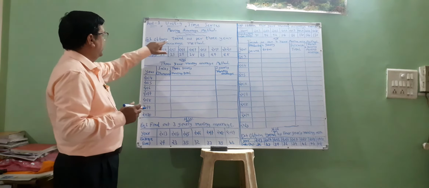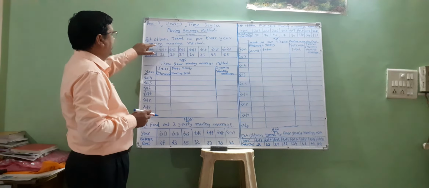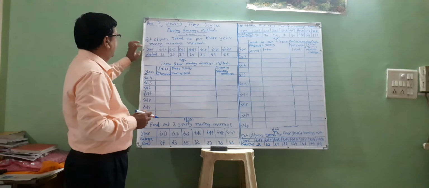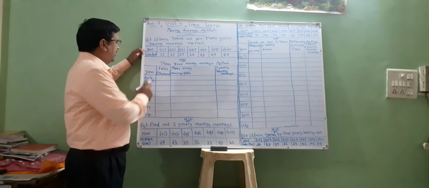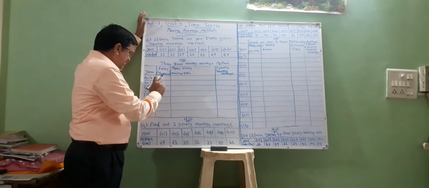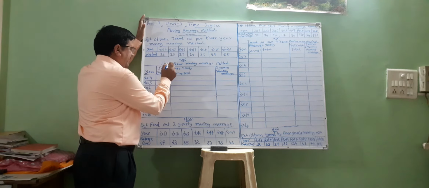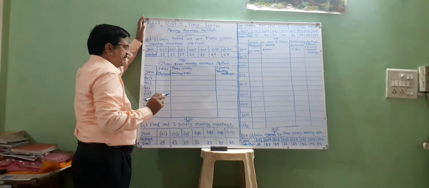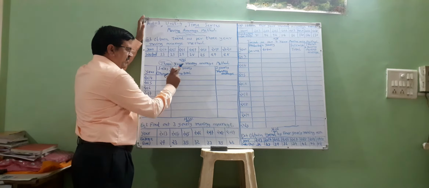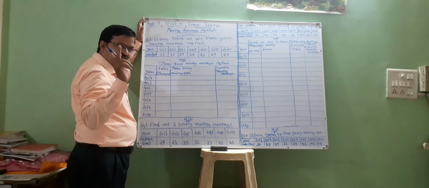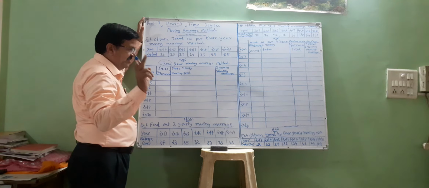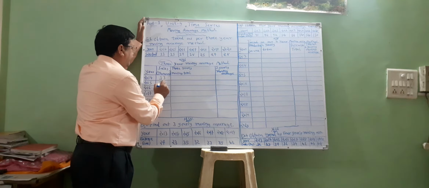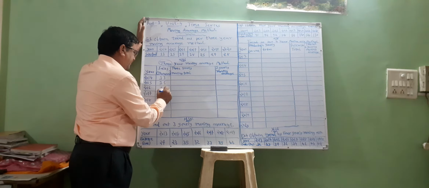First, obtain trend as per 3-year moving average method. You have to find out trend. Year end sales in 1000 is given. So friends, we have to find out 3-year moving average. So please take first total of only 3 years. So only 3 items are taken: 13, 15, and 17.